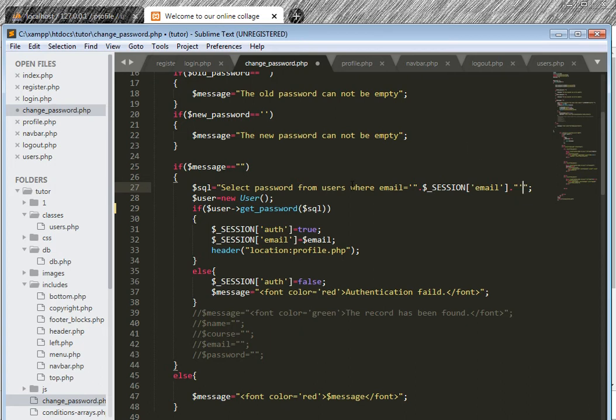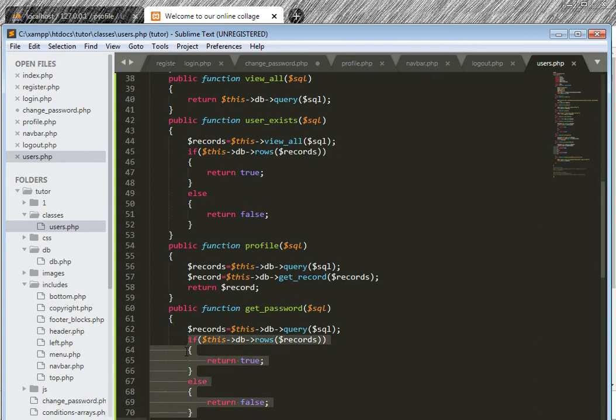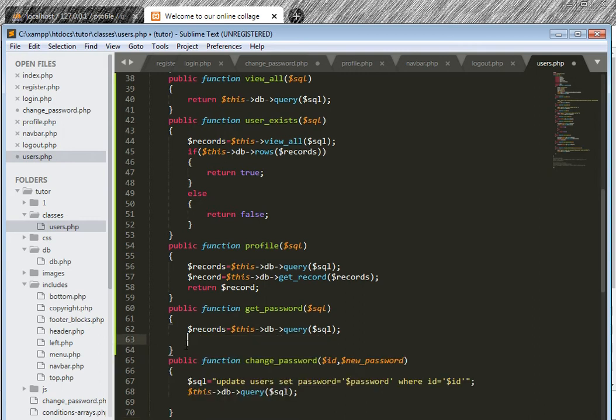Email, get password, and we should compare. Okay, we have to compare it. So this is, we should use delete, and we should save it, and in the change password this should return records,